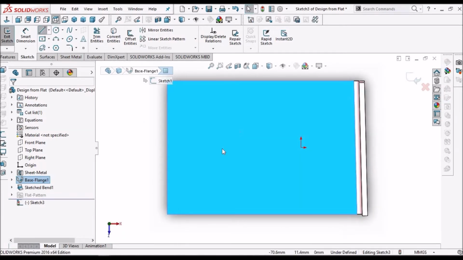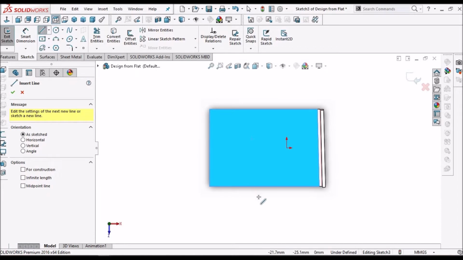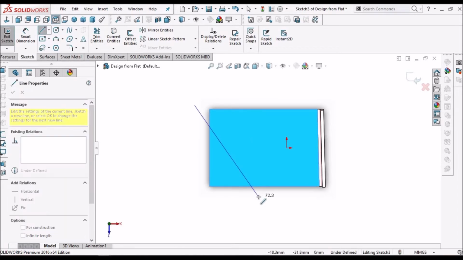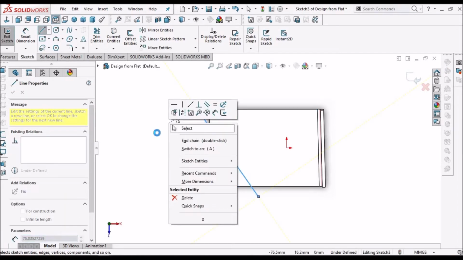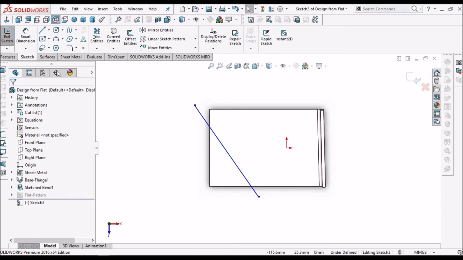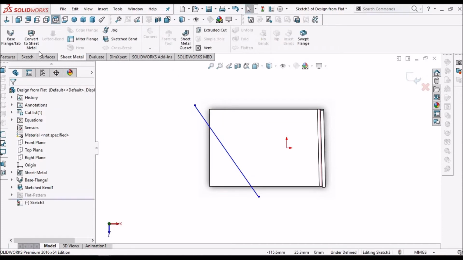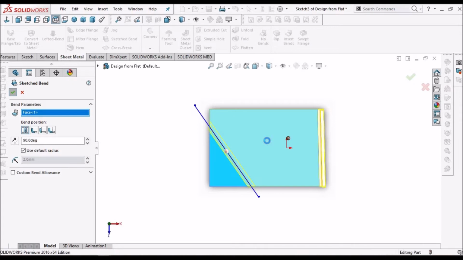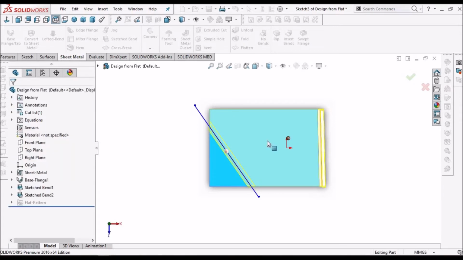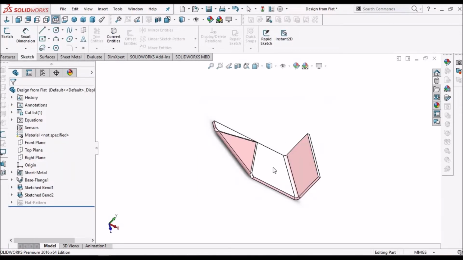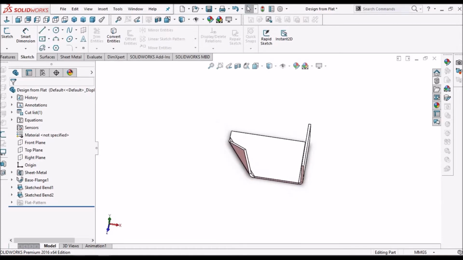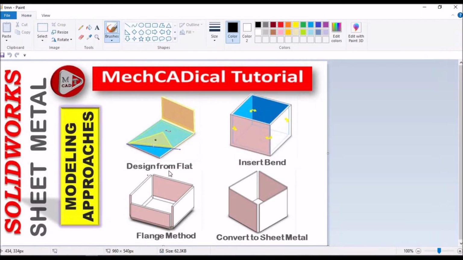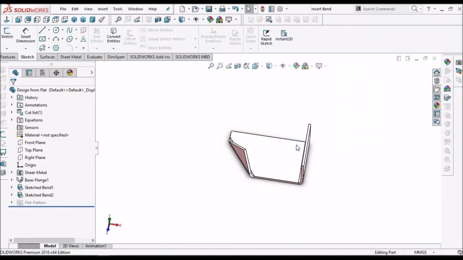See, I am creating one more bend from the flat sheet. So this is the first method, design from the flat.